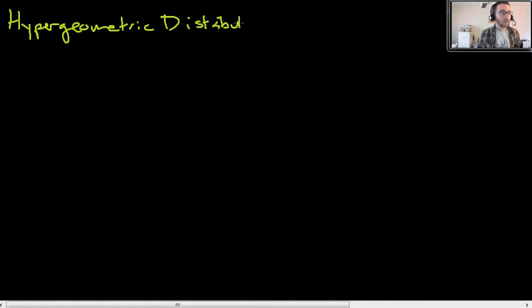We're talking about discrete probability distributions, and today we're going to talk about the last of the discrete distributions that we're going to be working with. It's called the hypergeometric distribution. And for the life of me, I looked around, I cannot figure out why it's called hypergeometric distribution